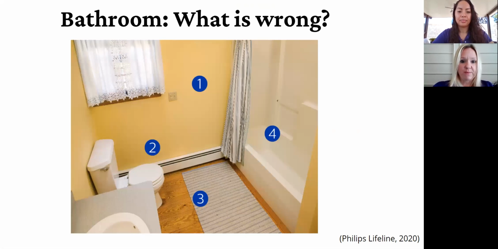Okay, so another common room in the house is the bathroom. Many falls can be prevented in the bathroom by simply making some modifications. We have a standard toilet here that doesn't really provide any support for an aging adult that might need some additional stability. We have a bath mat that may or may not have a non-skid backing, so we want to make sure that we take that precaution as well. And then the tub itself, again, there's no stability for the client. So what is wrong in this picture? What can we do?